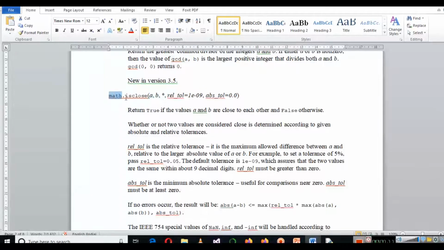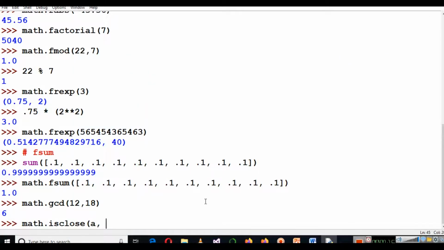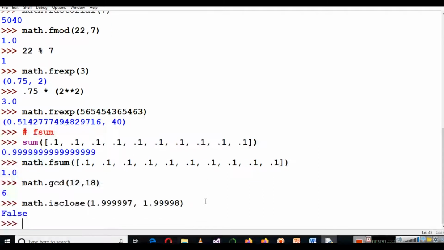To understand it, let me write 1.99997 and 1.99998. Now you can see it is returning a false output here. Even as per our calculation it can be a close value, but it is returning false.